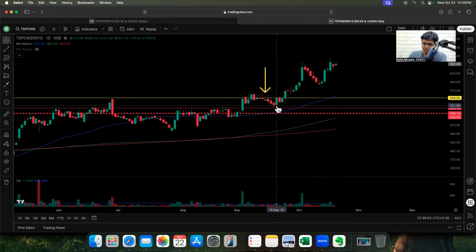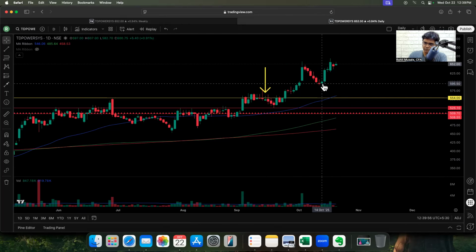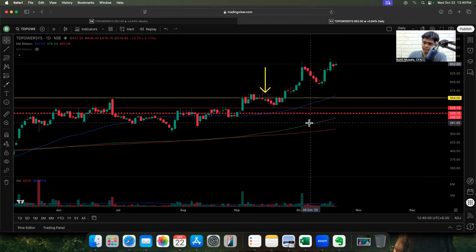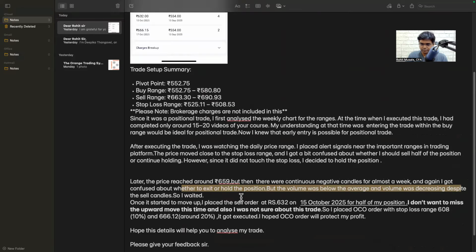So she held on to the stock because the stock was above her stop loss, thinking that there will be recovery because at some point in time, the buyers will step into the market, right? She was right here. See, if you study price and volume, you will get a good understanding of price movement. You will get a good understanding of the stock. So this is very good. Coming from a beginner, this is very inspirational.